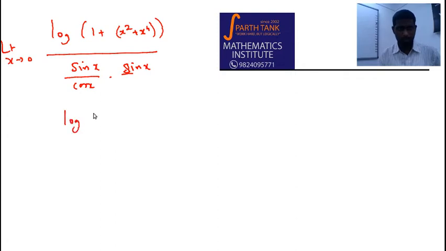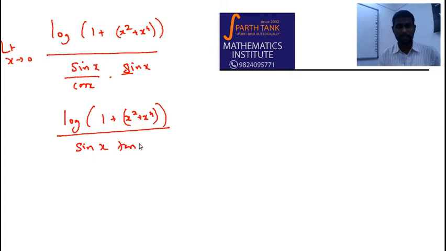Basically, let me write one more step here. We are going to use all these standard limits. We are going to use sin x by x, tan x by x, all those limits, limit x tends to 0. Now how to bring that? Bring in an x and multiply by x squared. Okay, so these two limits are taken care of.